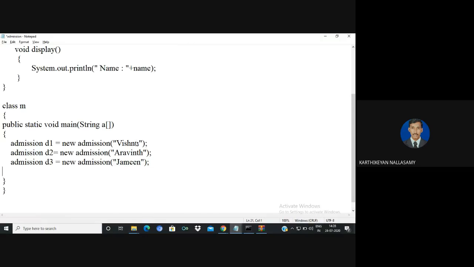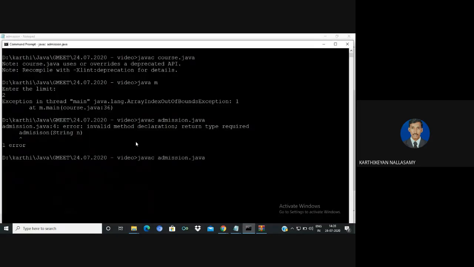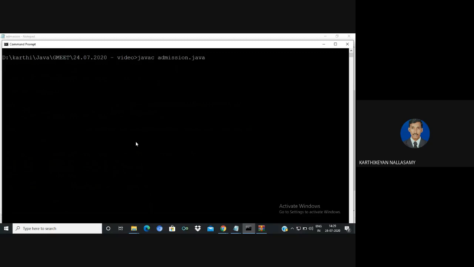So we need to display everything, so D1 dot display, then D2 dot display, D3 dot display. No errors. So if you run this program, it displays Vishnu, Aravind, the members who are coming for an admission.